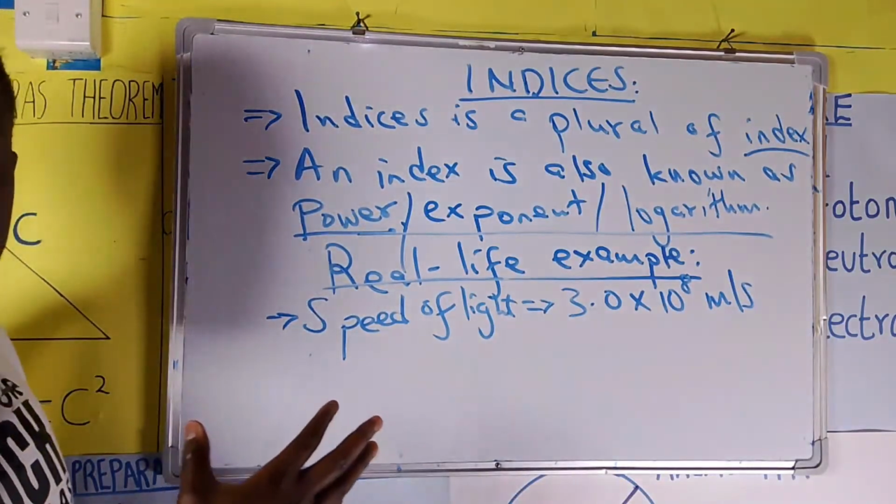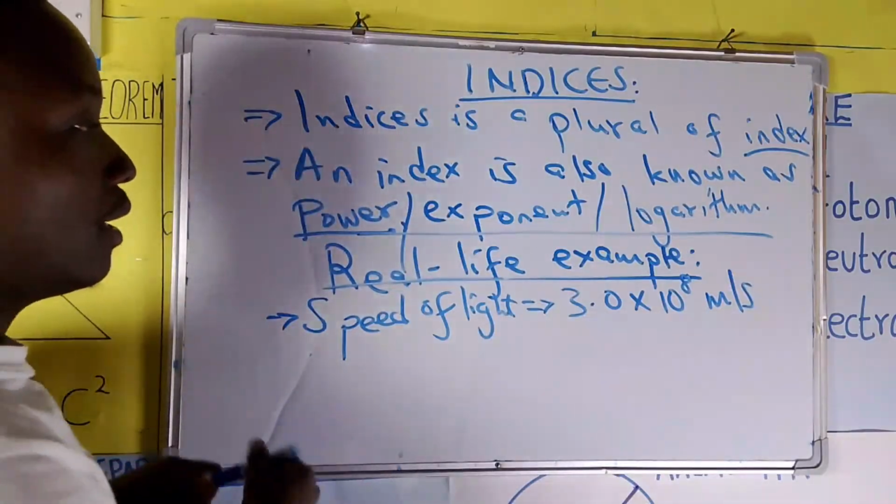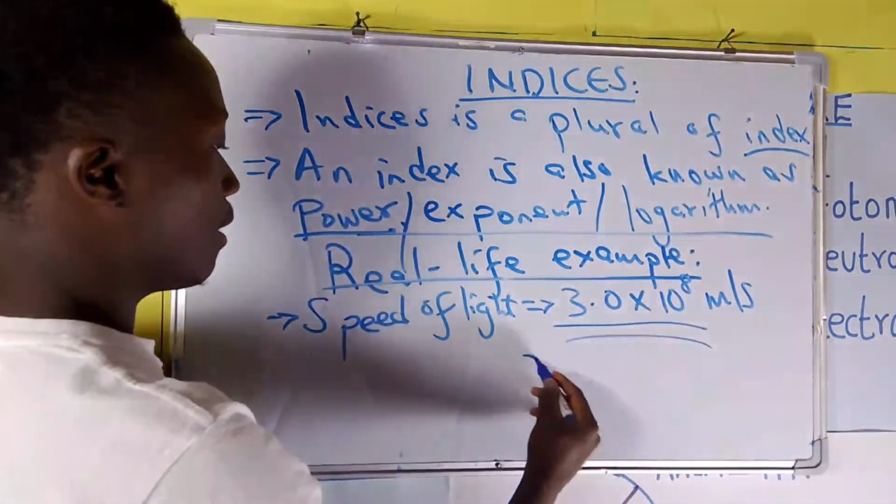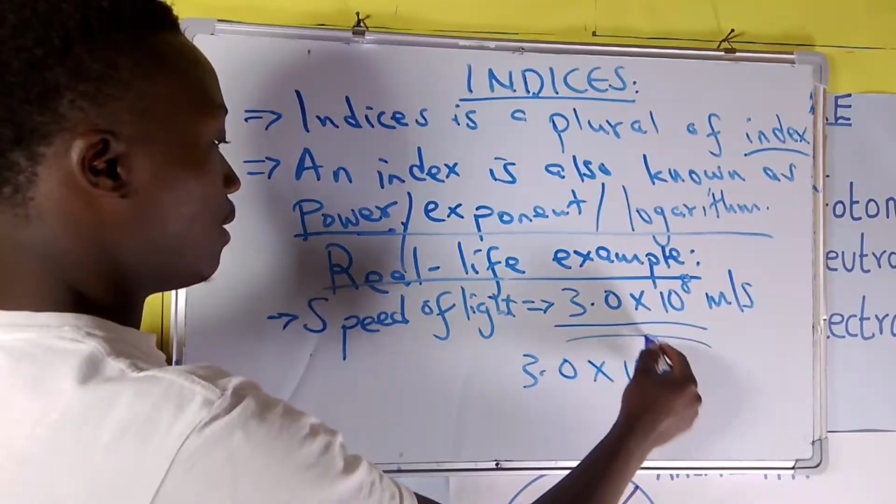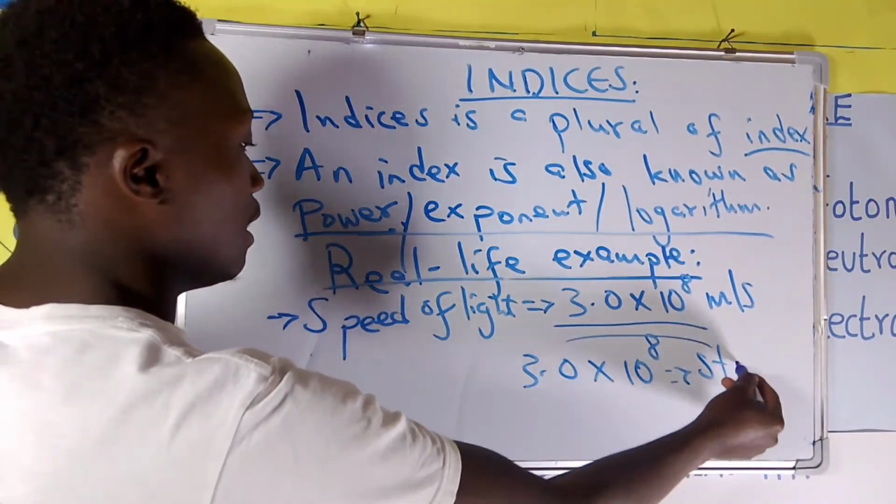So this simply means that this number here, 3.0 times 10 to power 8, has been written in standard form,